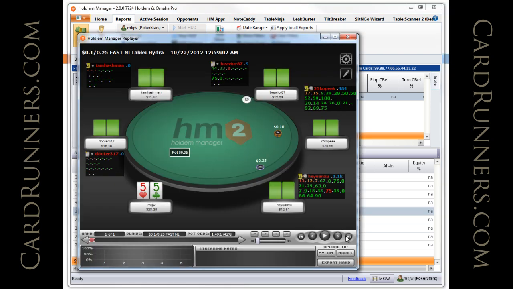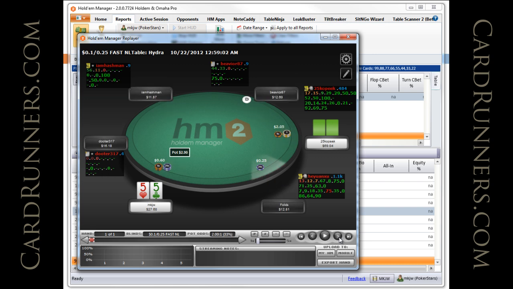All right, pocket 5s. We get 3-bet from the small blind, so we expect him to have a stronger range. The villain's also playing 17-15, so it's kind of taggish. And we started out the hand, looks like 100 and